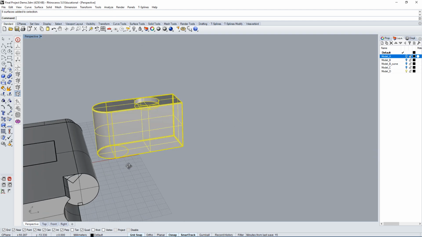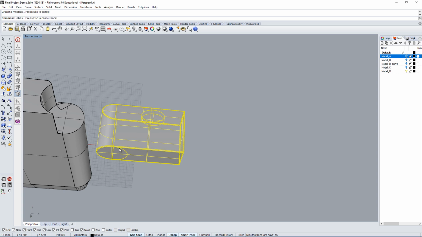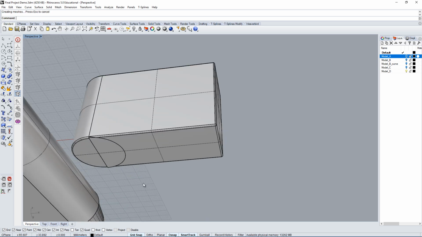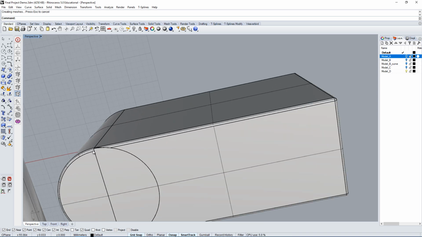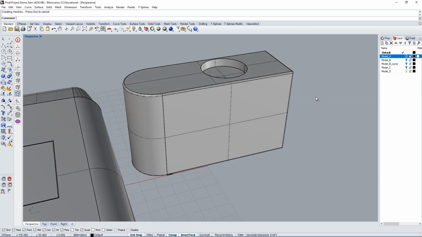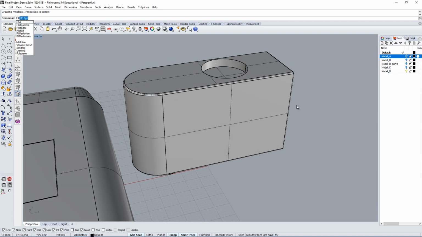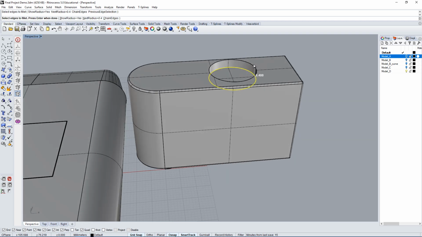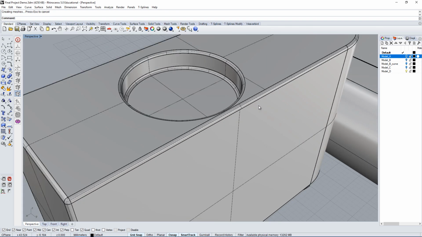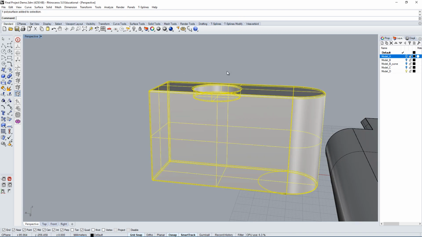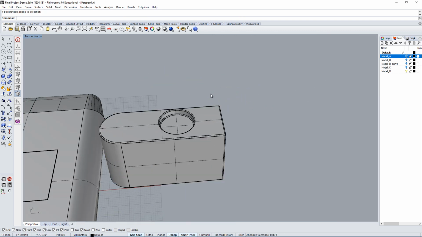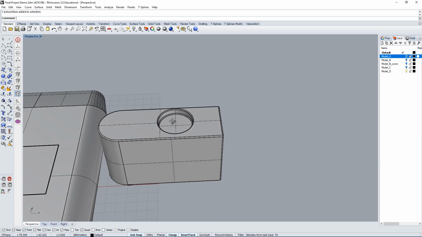But what I want you to understand is why these mistakes happen. And it's not just like, oh, the software is not working, so it's not my fault. It's not like that, right? You have to think about what you're doing. You have to think about why it's happening, and you have to understand how you can fix it. Of course, you're new to the software and it takes time, but I'd like you to experiment, and you can do experiments like this one. All I did was take a box, take a cylinder, intersect them. It's not very time consuming.